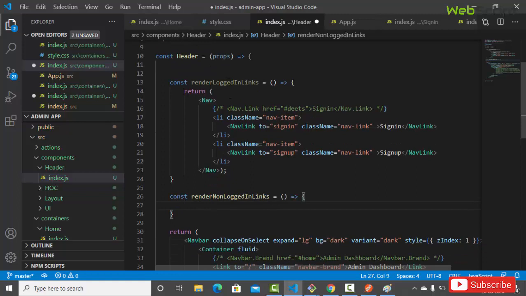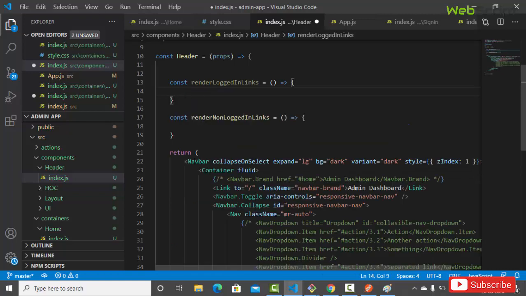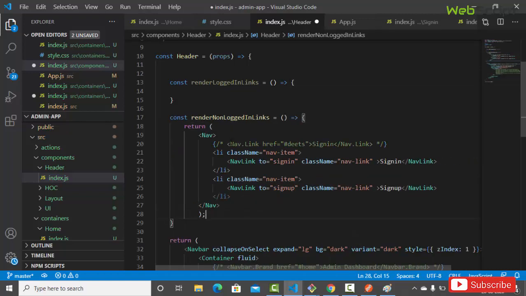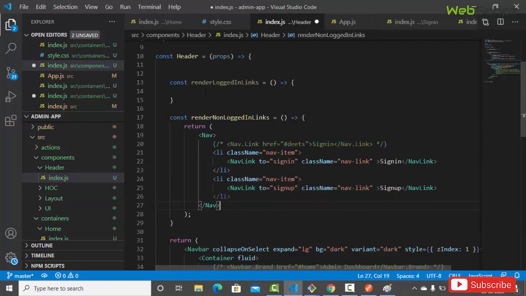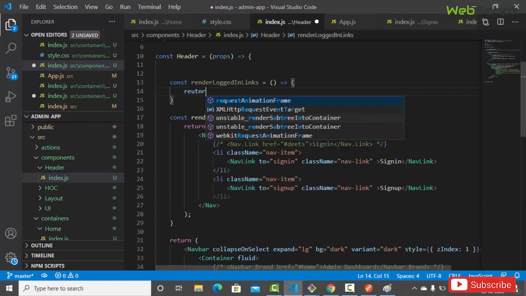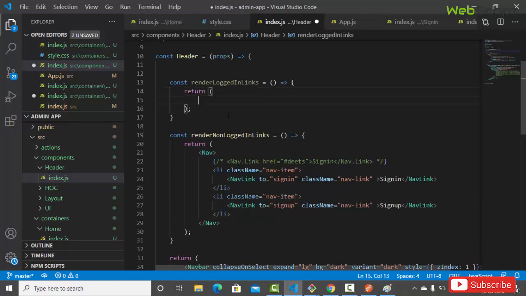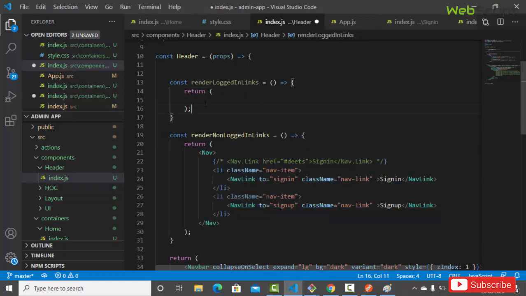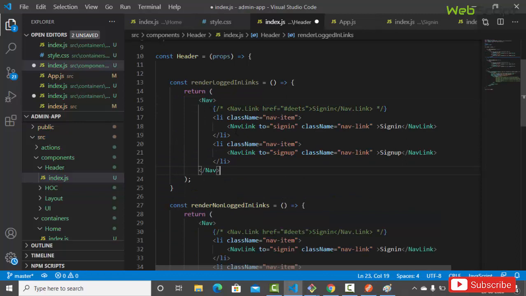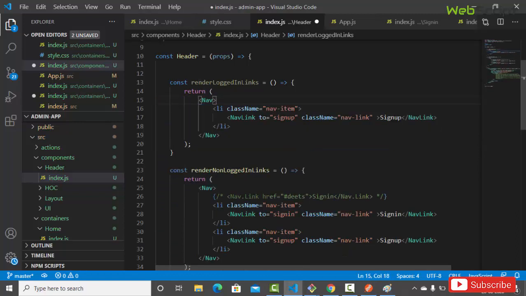Actually this should be here, right? So let's copy this, cut. So this is for non-logged in users, so the sign in and sign up is right, and format it. And here we are going to write for the logged in user. So logged in user needs sign out option, right? So let's copy the same thing, and now let's remove this first one, and here I can say sign out,